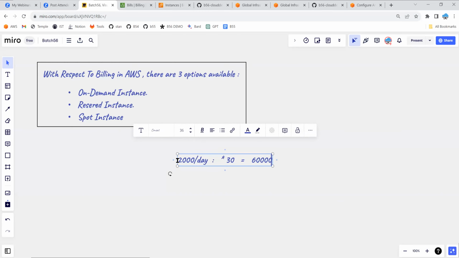60,000, right? Agree? Same way, for example, you go to any rental property and say that I would like to stay in this particular hotel for a particular accommodation for a particular amount of time. They offer you a nice discount, right? Since you are giving a commitment that you are going to stay here for this much time, they might give you some better deal, 1,000 per day. You're straight away saving